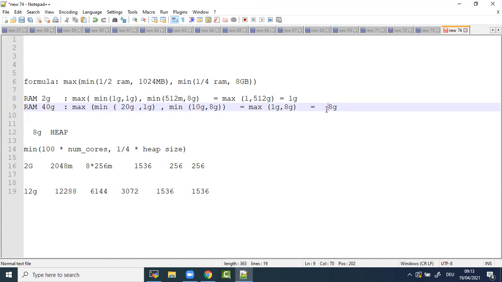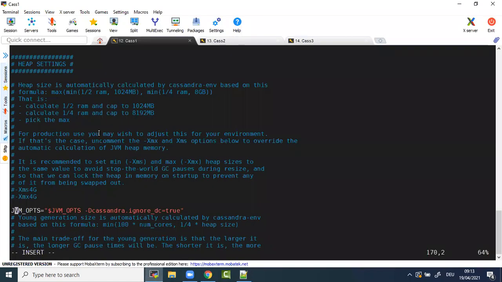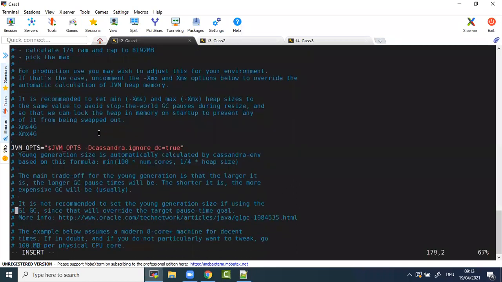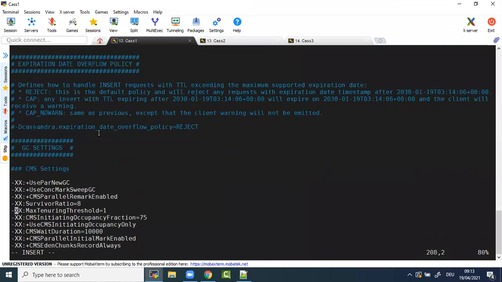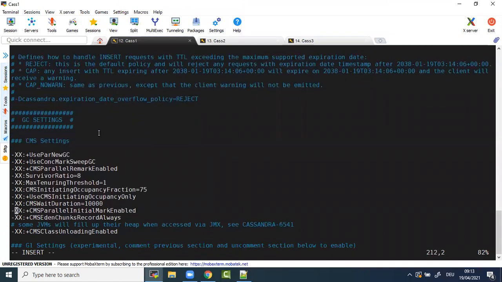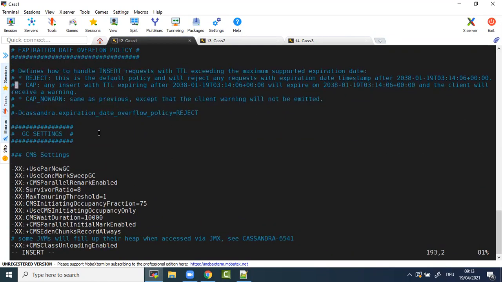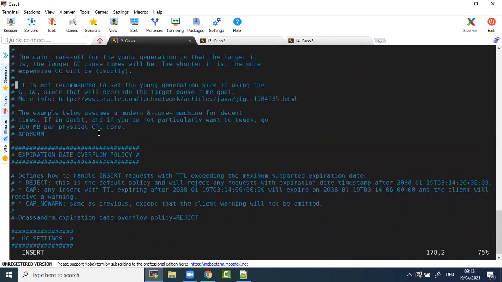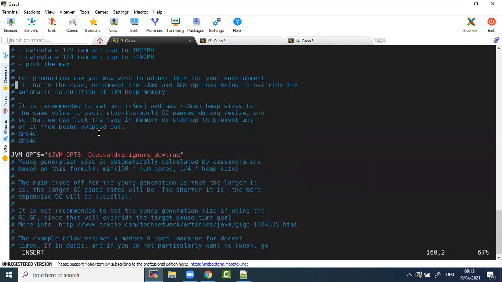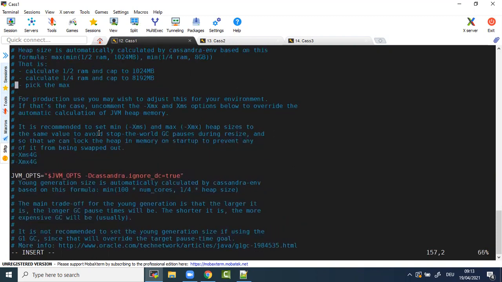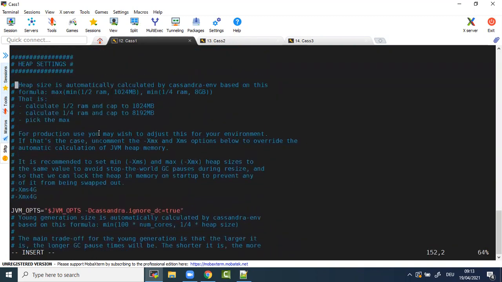So the idea is, the default garbage collector for your Cassandra is CMS, and when you use CMS, the ideal heap size should be below 14 GB. So 8 GB works very well. So that is the reason it is putting that cap of 8 GB, right? So we'll try to understand more about that piece. But for now, if you don't want to use this formula,